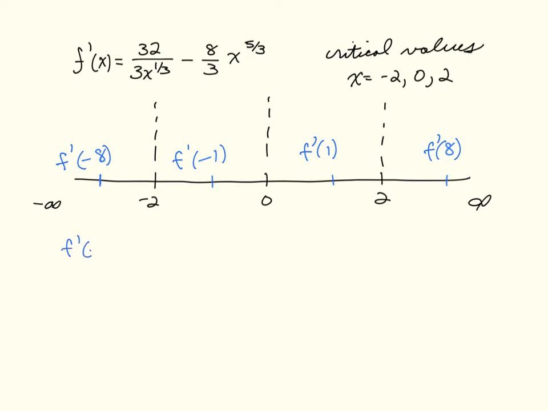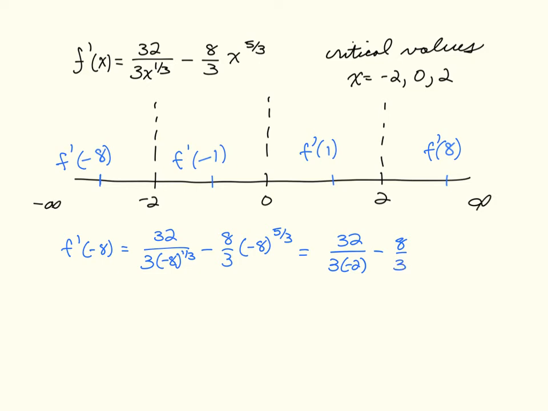So f prime of -8 looks something like this. 32 over 3 times -8 to the 1/3 power minus 8/3 times -8 to the 5/3 power, which reduces to 32 over 3 times -2 minus 8/3 times the cube root of -8 is -2, and then we still need to raise that to the 5th